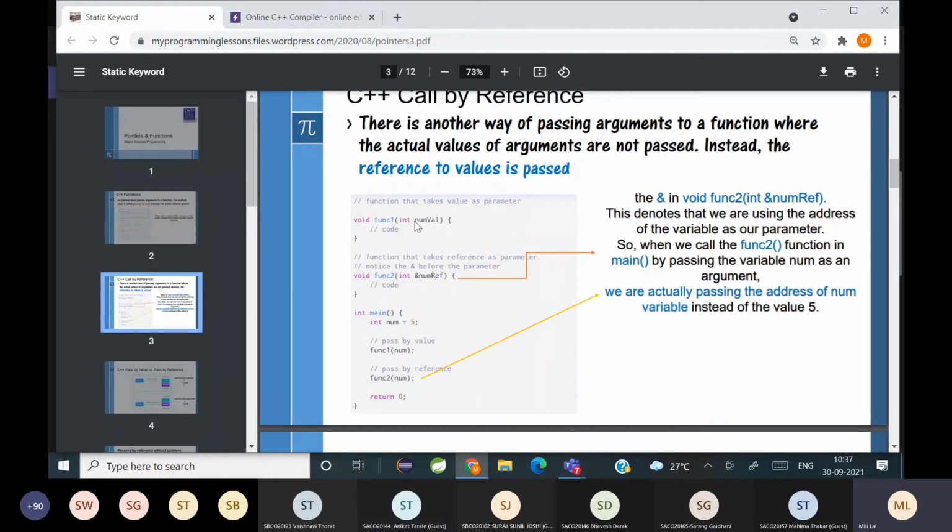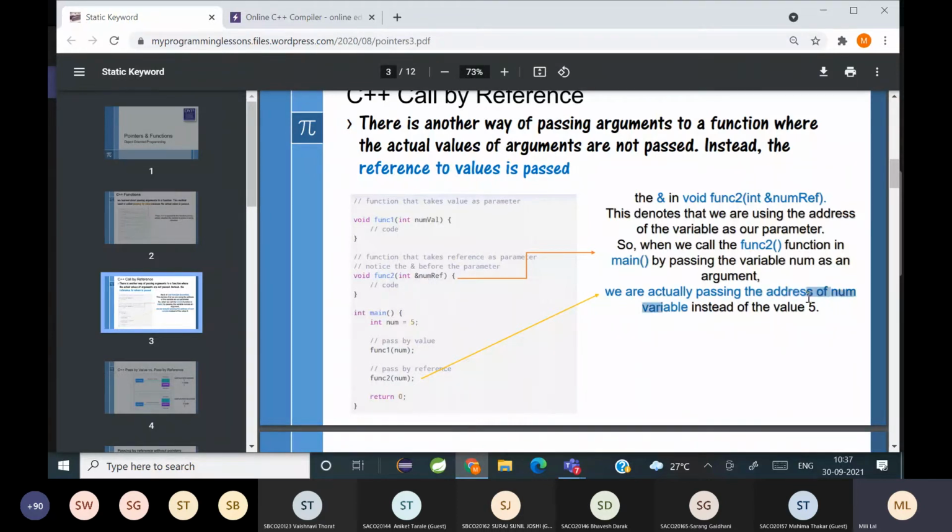In the case of function 1, I just wrote int num value, so the value is getting passed. Whereas in case of function 2, I wrote ampersand num reference. You feel you're passing value here, but actually when it's getting copied, the address is going to the function. समझ में आया everybody?